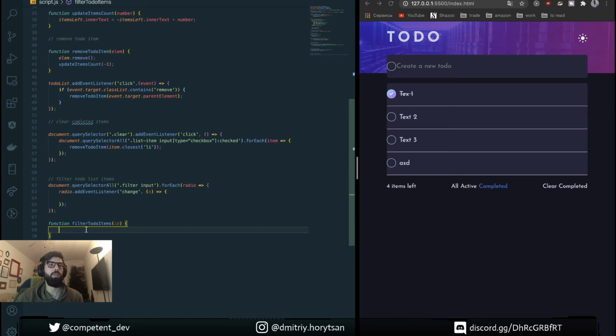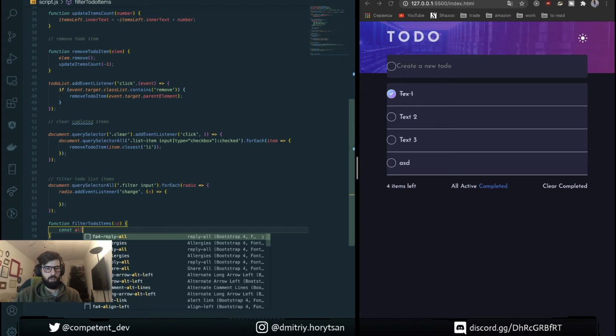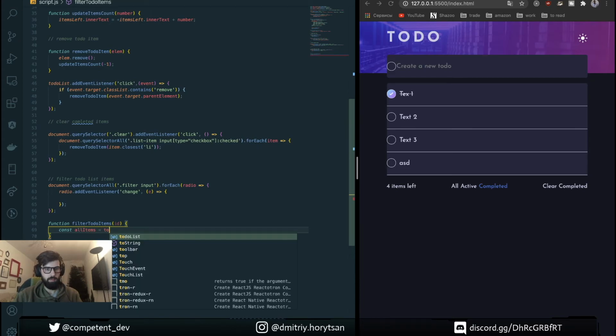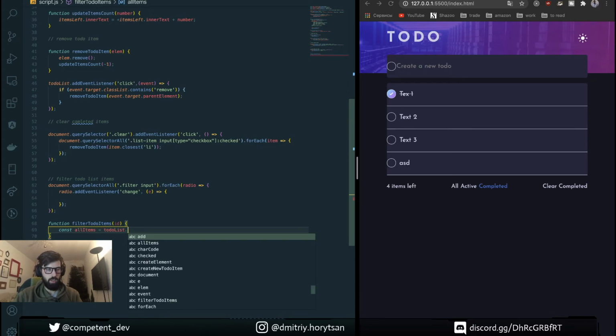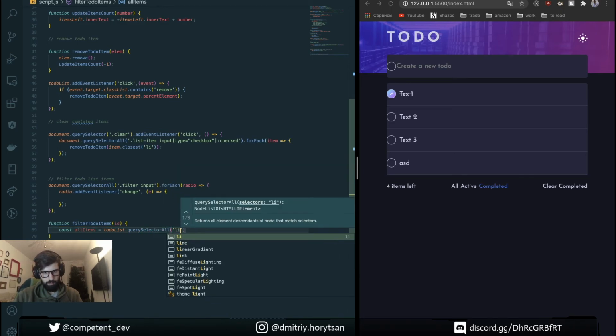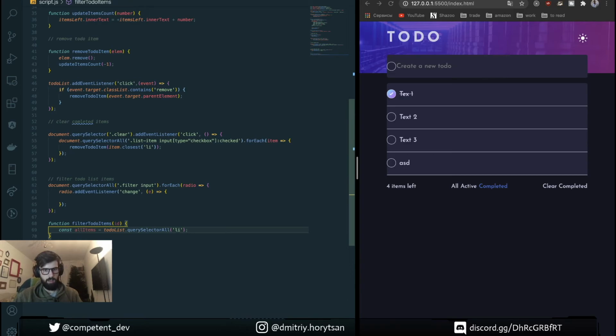And here, based on ID, we want to create a constant with all items. To-do list query selector all, and based on this we're going to switch ID and do some action.